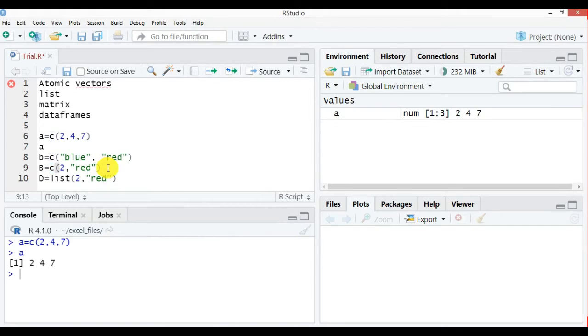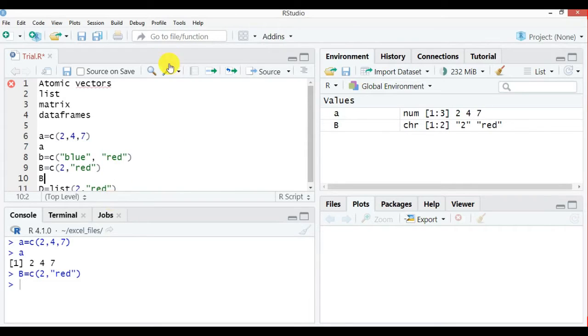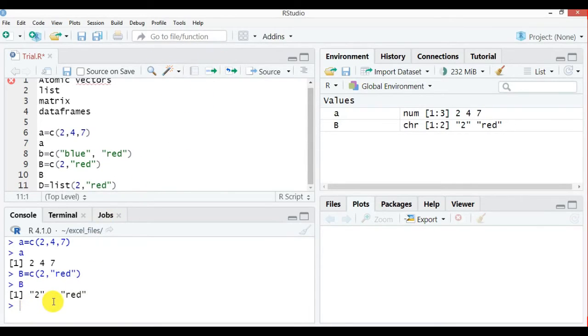Since there is one number and one character, if I run this and in the next line call this vector B, it has changed that 2 also into a character, because it is showing this value with quotes. That means it has put double quotes there. So it has changed the values inside this round bracket into characters. If one value is a character, it changes everything into a character value.